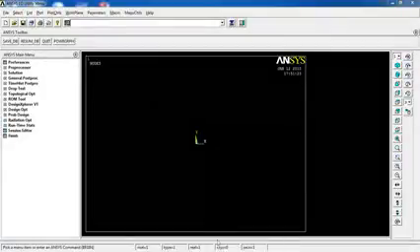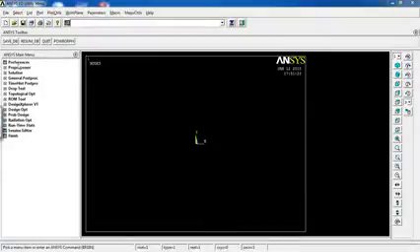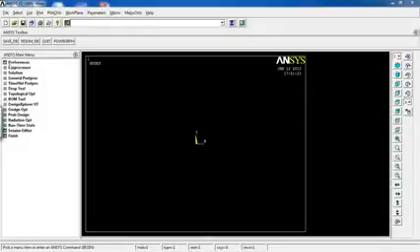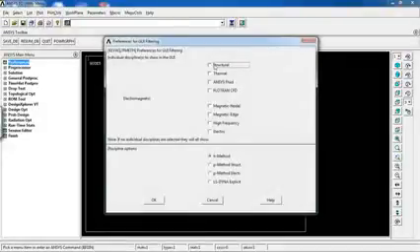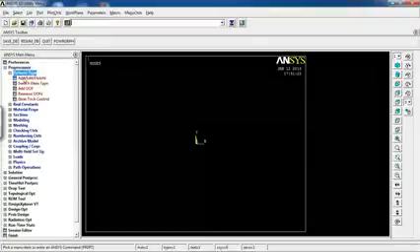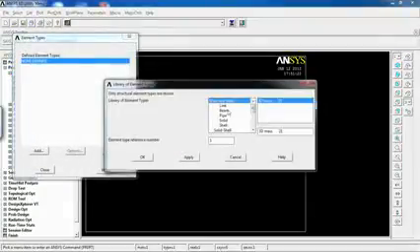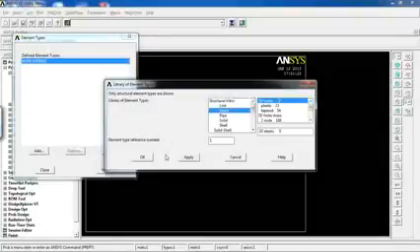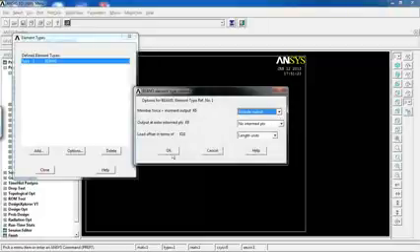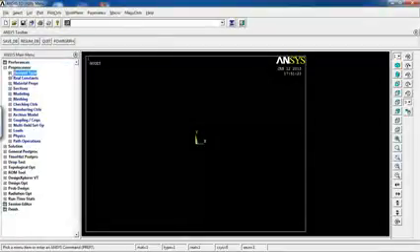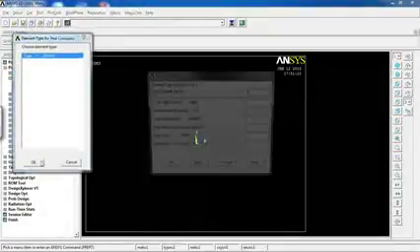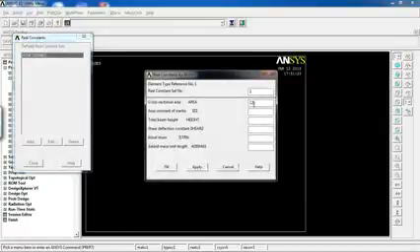Okay, we're in ANSYS now, and we can start the analysis. The first thing I'm going to do is to go to Preferences and click Structural, and then come to Preprocessor. As always, define my element first. I'm going to pick element beam 3 with the default options that are defined by ANSYS. I'm going to stick to the defaults. Come to real constants and add a real constant for my beam 3 of area 12 times 12,